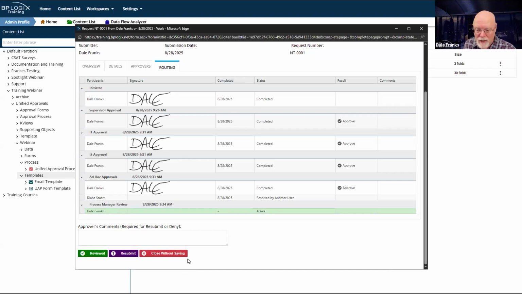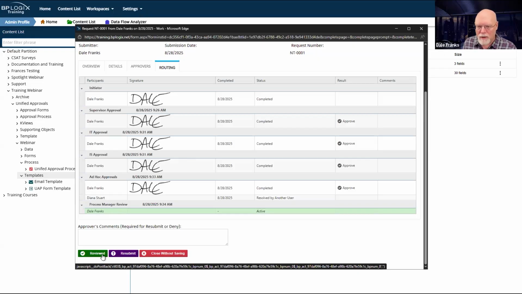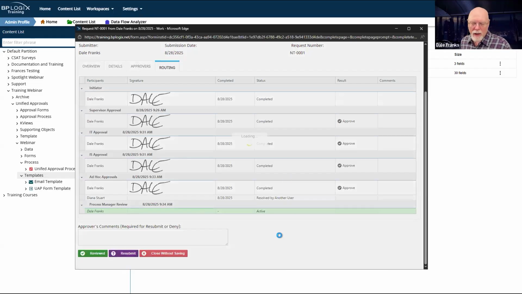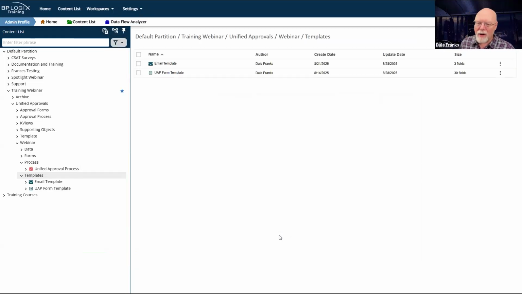That result doesn't exist for them. So they have a little special set of unique results on their activities. They can review it or they can ask for a resubmission, but they cannot deny it. We will say, I have reviewed it, and I will hit reviewed, and that will end our test for that. So we know that works.